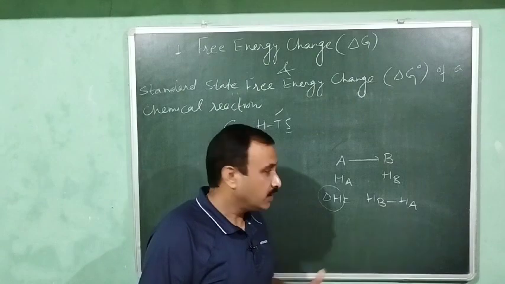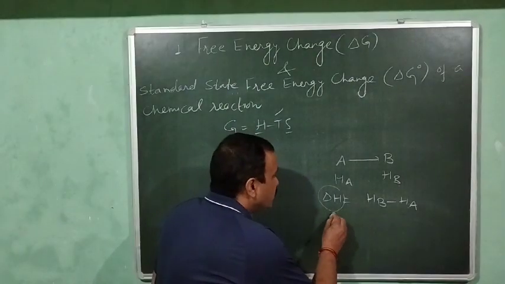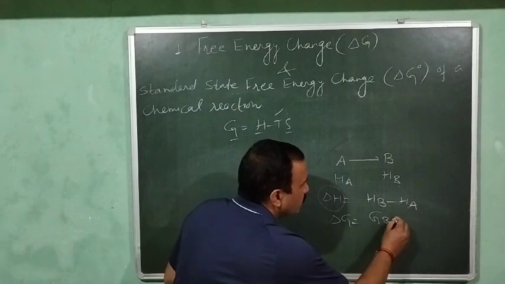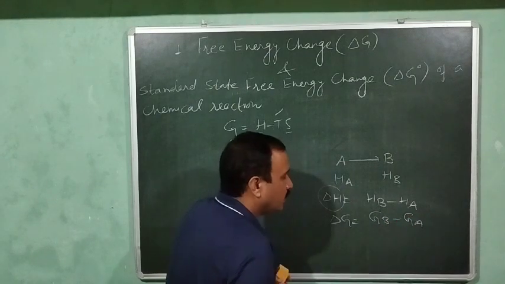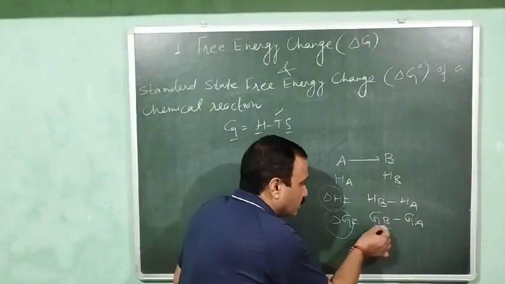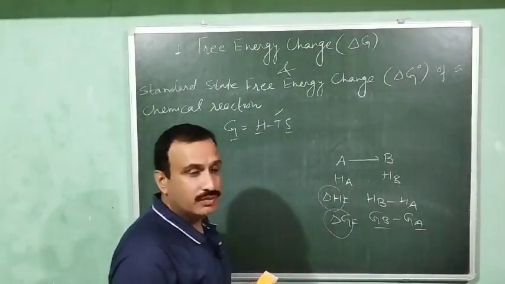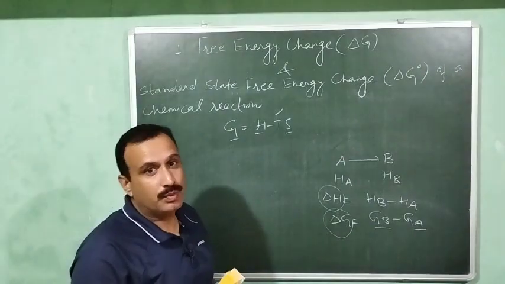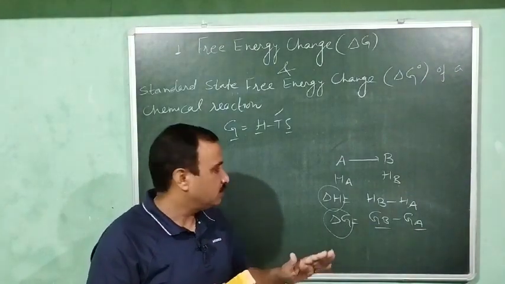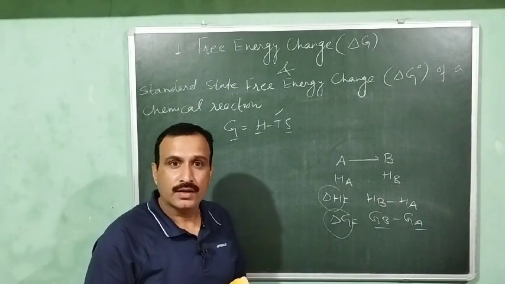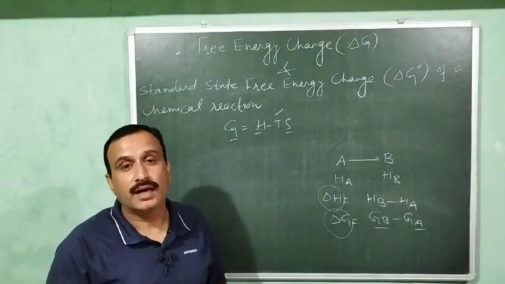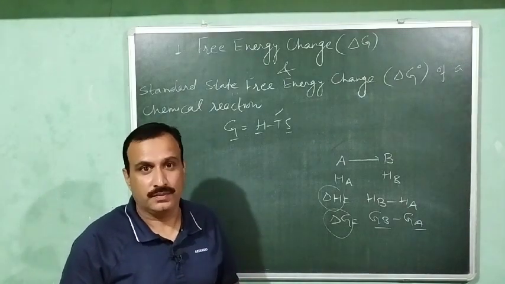Likewise delta G of this reaction will be equal to the free energy of B minus free energy of A. But we can calculate this delta G without the knowledge of your GB and GA. We will carry out this reaction and we will measure the free energy evolved or absorbed, and that will be your delta G. But the free energy of a substance is calculated with the help of its chemical potential,